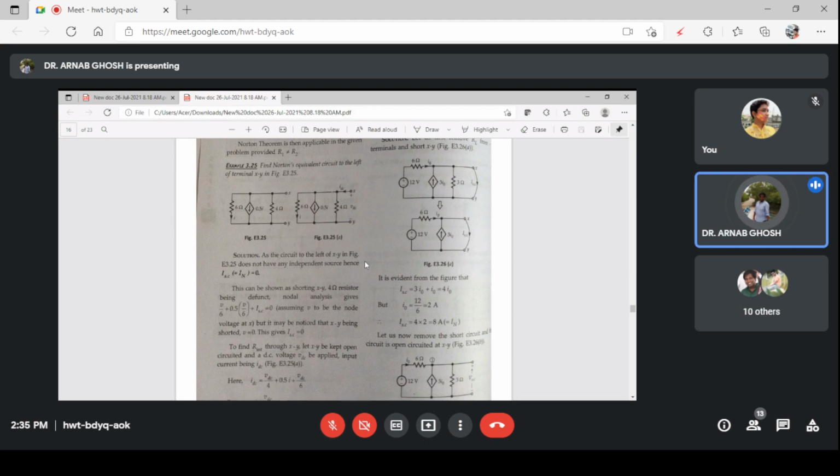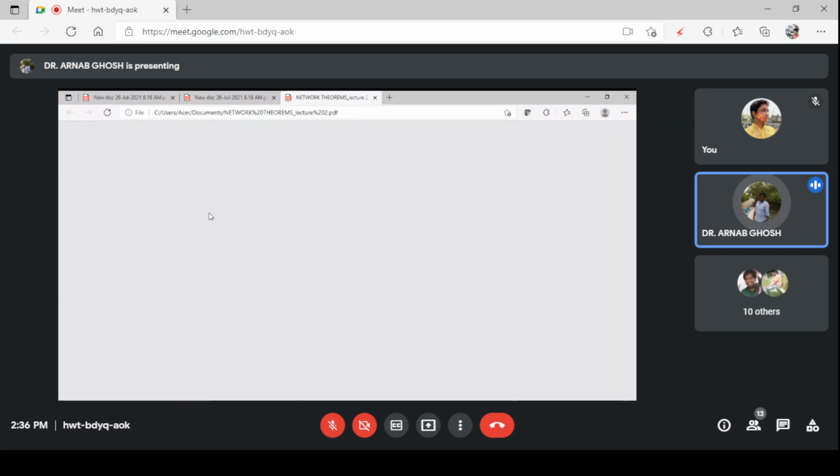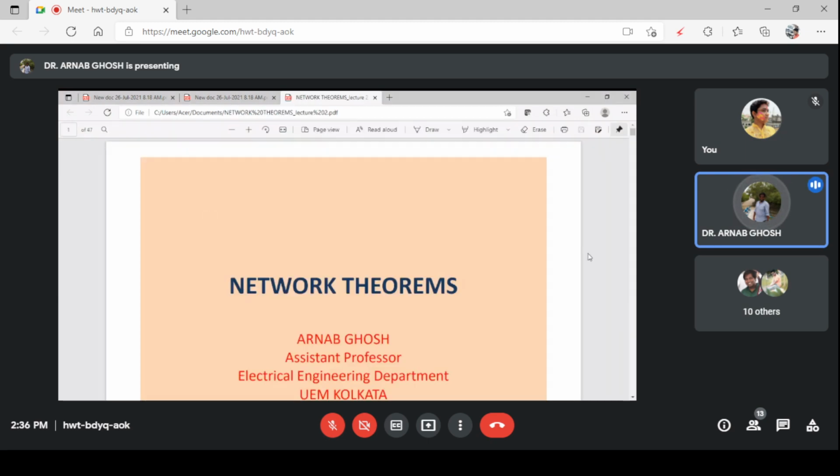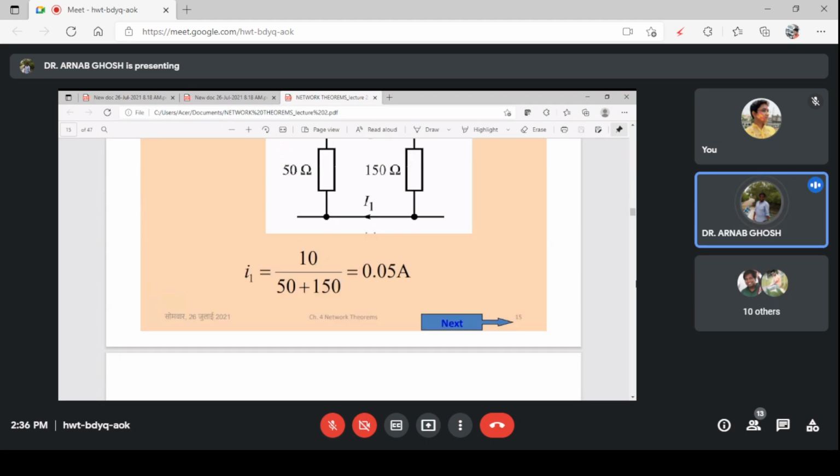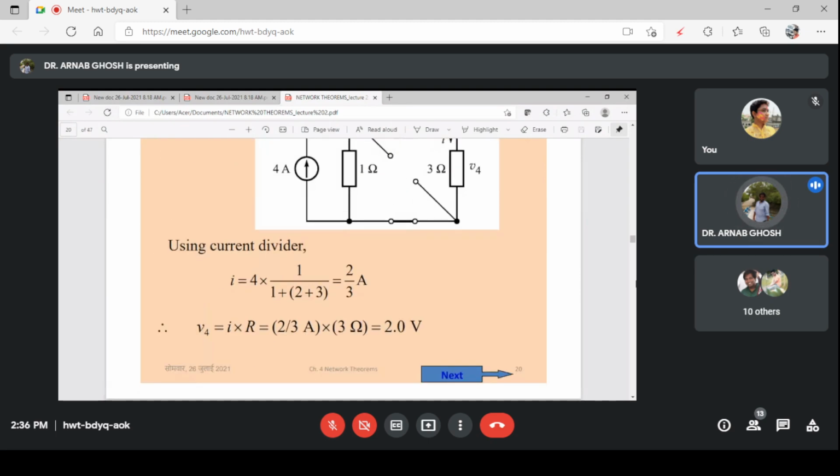Now, do you remember what the steps were? Okay, so next what we have to do? In case of dependent sources, what did you have to do? When it was dependent sources, you had to calculate the open circuit voltage. See, I will just share with you this, just a second.